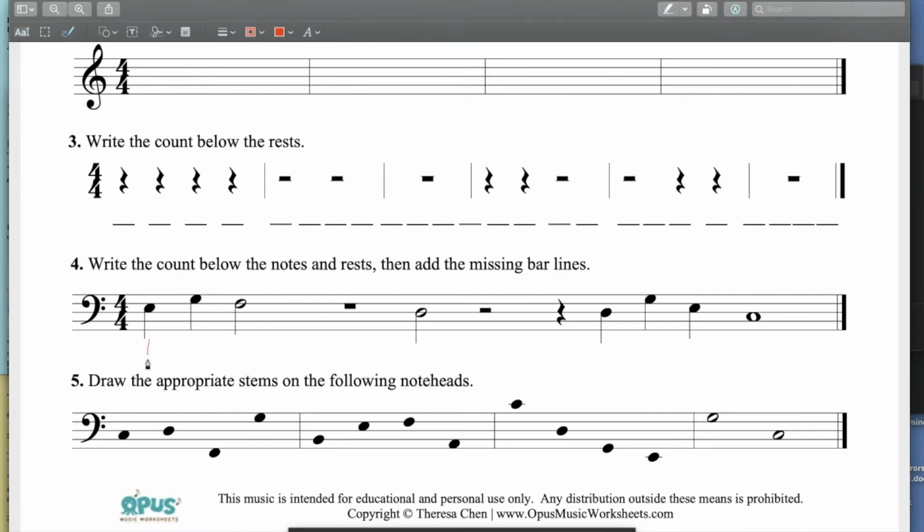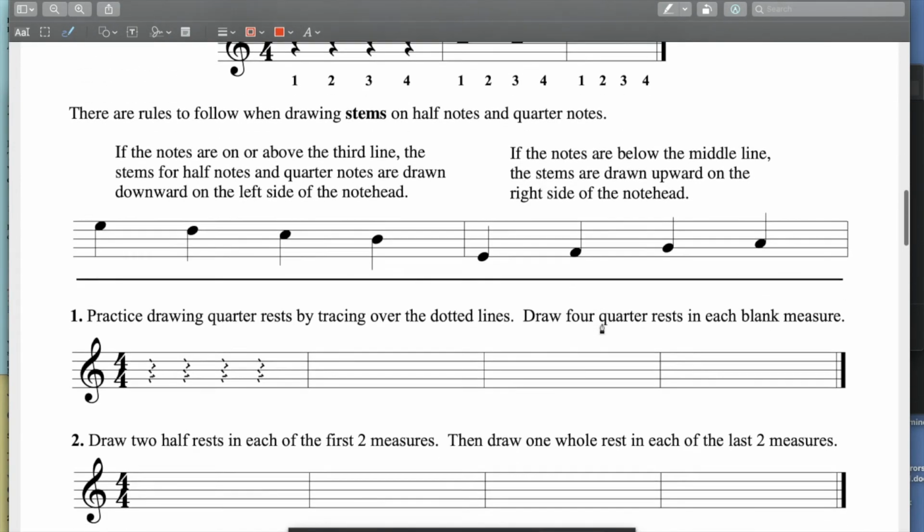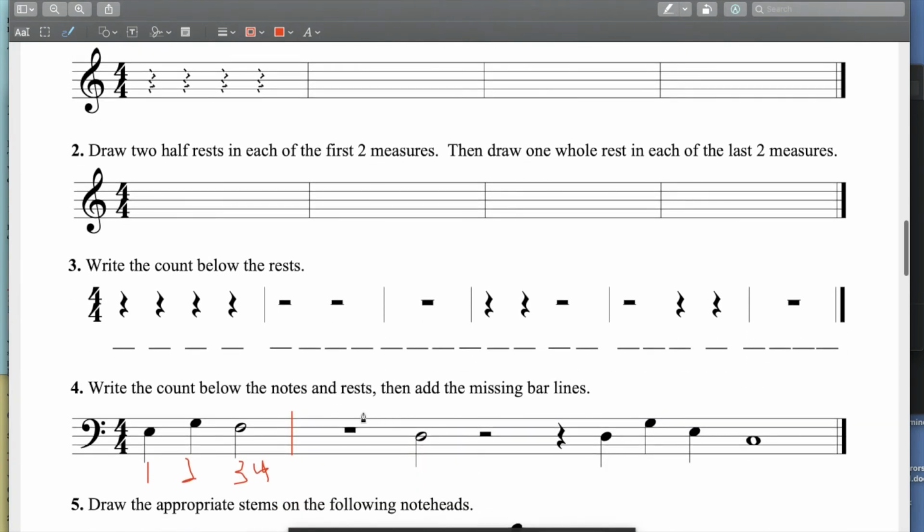We have the 1 and the 2. That's ugly. 2, 3, 4. Then there's going to be a line. Okay, what rest is that? Let me go look. Is it the one that kind of sticks above the third line or below the fourth? It looks like the one below the fourth. Let me double check. Yes, this one is the one that's below the fourth line. So that's the whole rest. So now I know that that's 4 beats. So I need to write 1, 2,